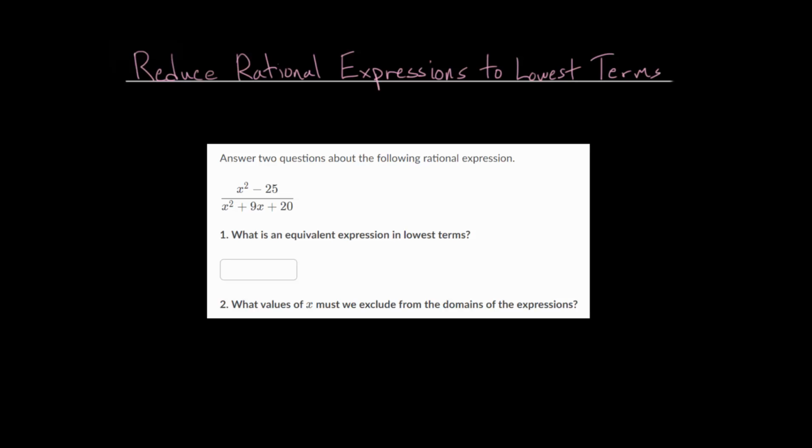In this video, I'd like to talk about reducing rational expressions to their lowest terms. A rational expression is essentially a ratio of two polynomials. Notice that the word ratio is in the word rational. So it's going to be a fractional expression where in the numerator and in the denominator, you're going to have some type of polynomial. And we want to be able to simplify these expressions so that they are as simplified